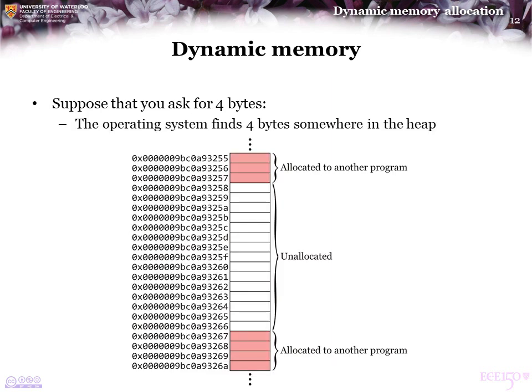So, suppose that you ask for 4 bytes of memory. The operating system is going to look through all of memory and determine if there's any 4 bytes available somewhere that can be allocated to the program in question. Now, not only is your program requesting memory, but all other programs that are currently running require memory, and so some memory may be allocated to other programs, some memory may be allocated to other requests that your program has made. However, here we've found a block of memory that is currently